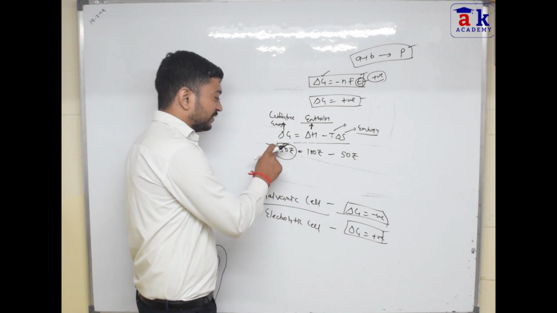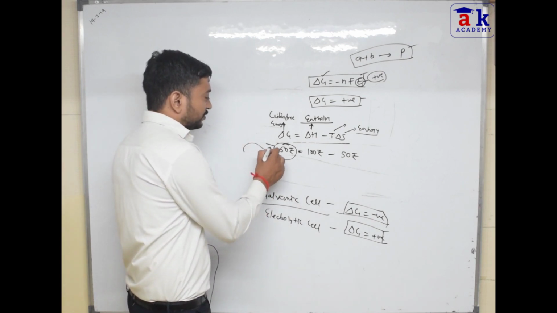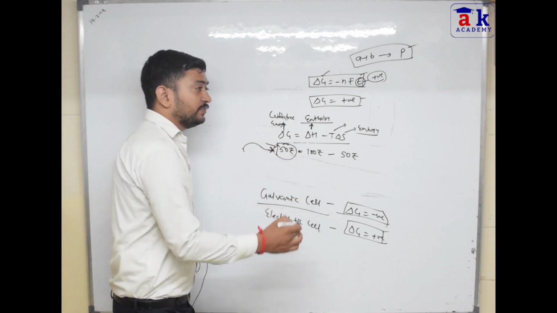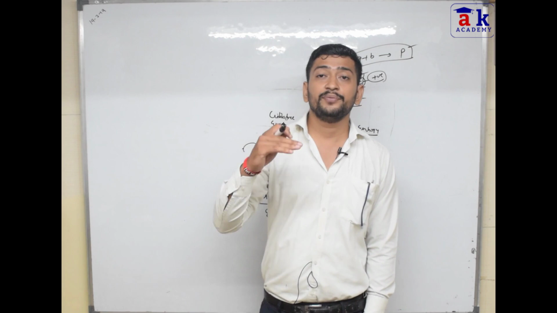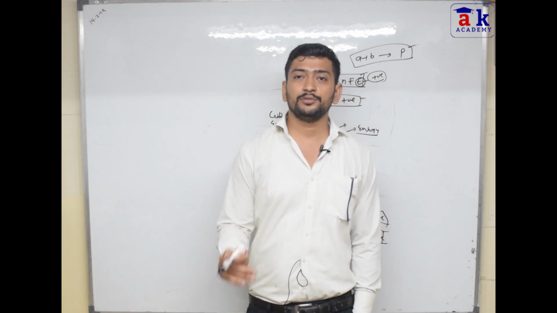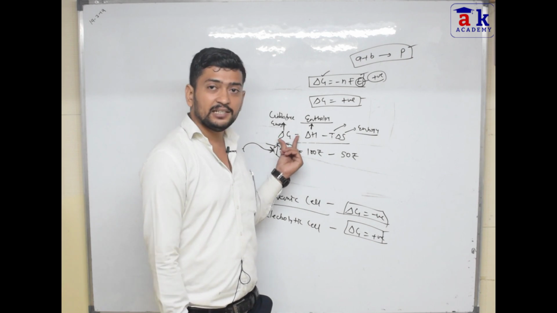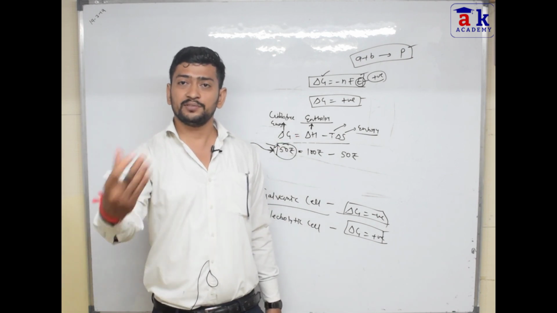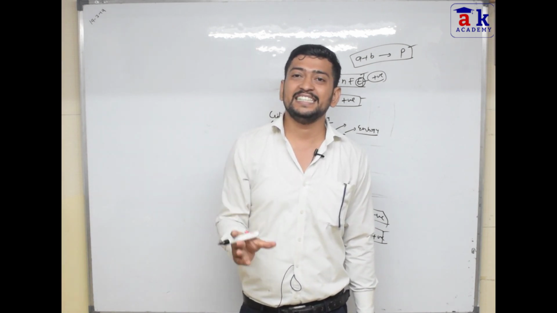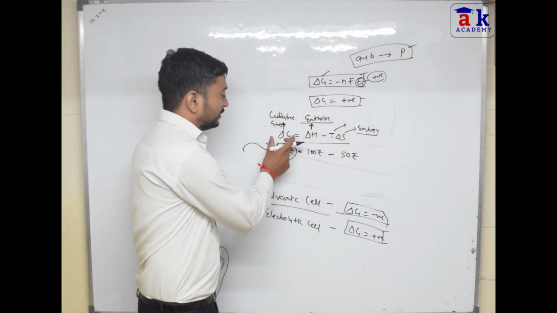But if you have this 50 rupees and we have to do work, but still I am giving you extra energy, if I am giving you extra money, then in this case this 50 rupees will increase, right? So that means it will become positive. That's why in electrolytic cells, we are actually supplying more energy to the system, so delta G will increase. If delta G increases, then definitely delta G will become positive. So in case of electrolytic cell, the delta G becomes positive.